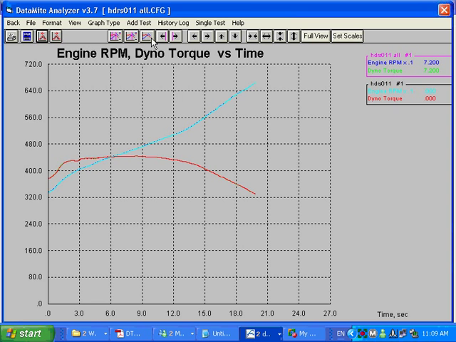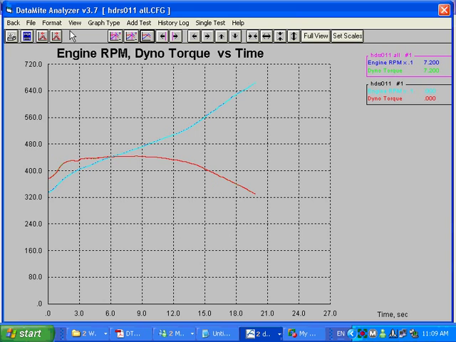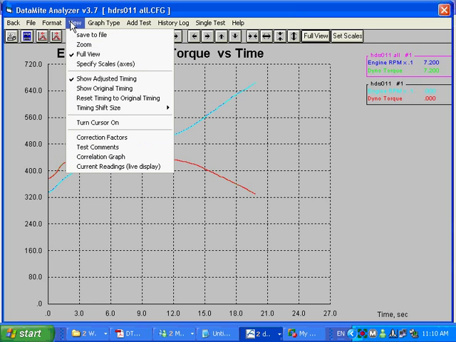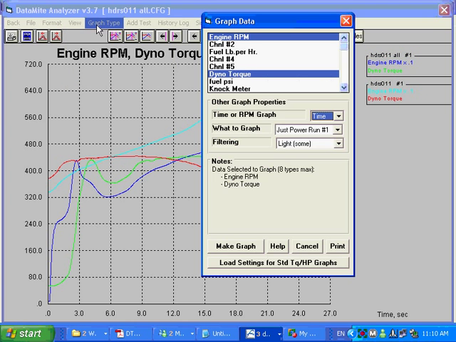So I'm going to turn off time alignment by doing that. Let's see. I'm going to turn off the time alignment by clicking on Format. I'm sorry, it's View, and then Show the Original Timing. And now you're back to that graph. And if I do compare these two graphs